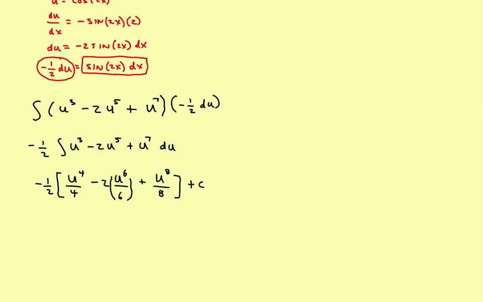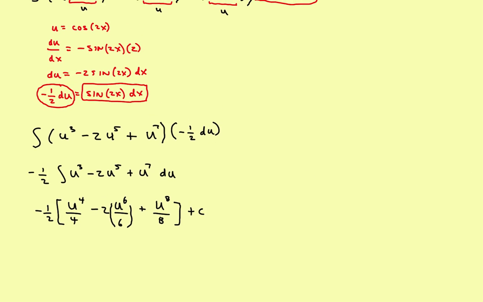Well, again, just a reminder, we'll back up just a little bit here. u itself was equal to the cosine of 2x. So everywhere you've got a u, replace it with that cosine. So the final answer will look like this. First of all, we'll distribute the negative 1/2. So in this first term, it will give me a negative 1/8. So a negative 1/8 of u to the 4th, but that would be the cosine of 2x